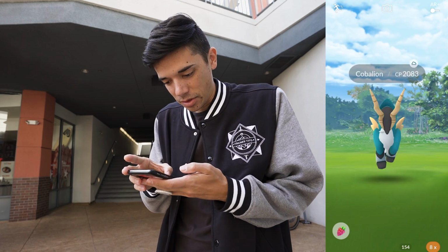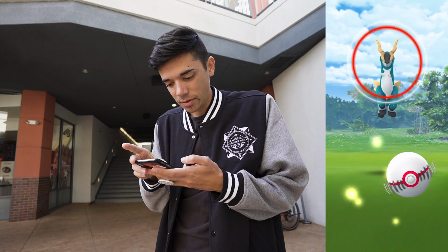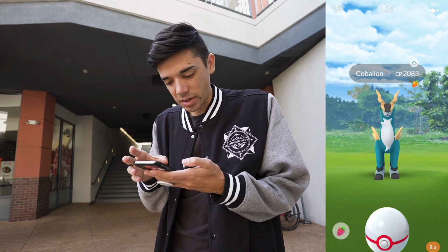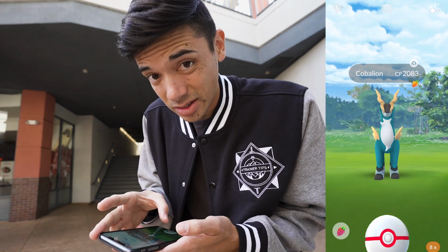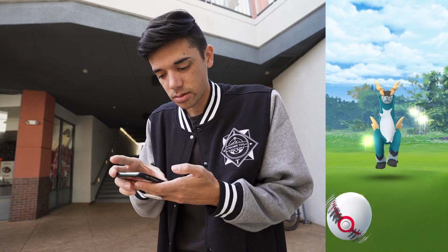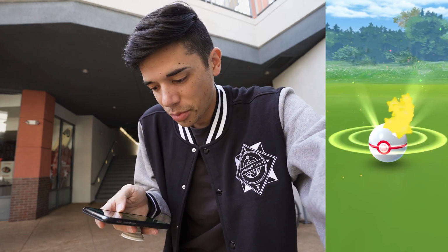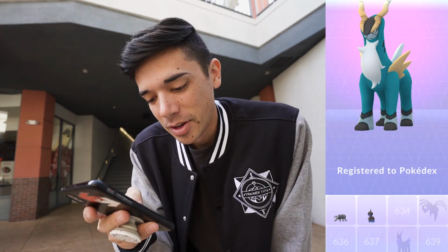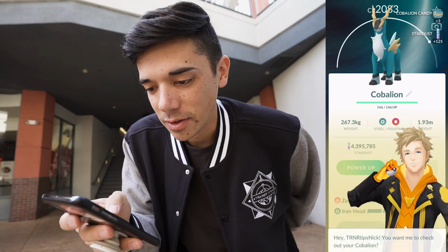But let's see how this throw works out. Looks like it should be fairly easy. We'll wait for the attack. I do only have 8 balls, so... Okay, it's a little farther than I expected. So you gotta throw a little harder. But I was pretty much on... Okay. I'll take it. Cobalion down, first ball, critical catch, terrible IVs,